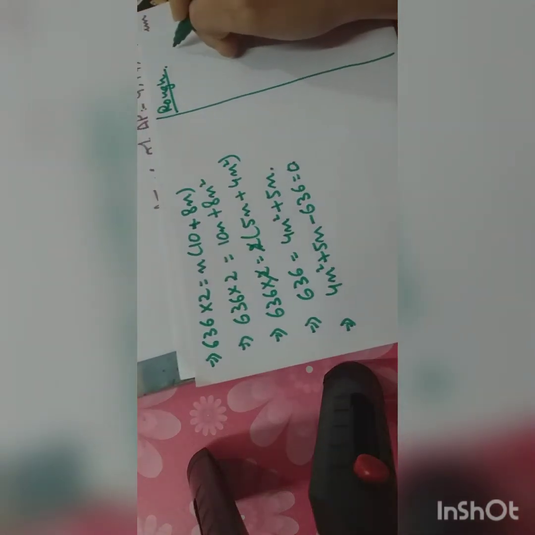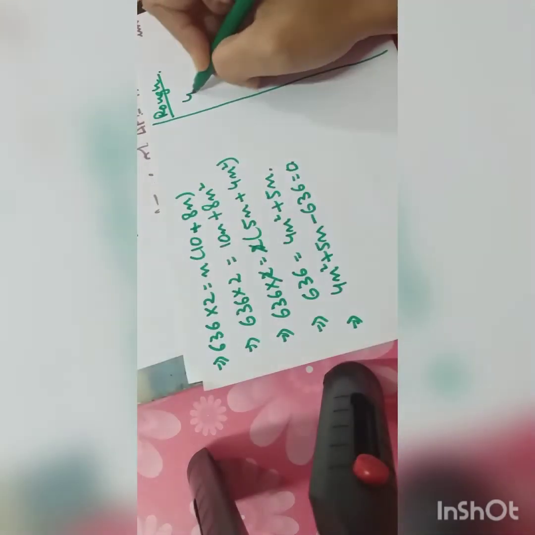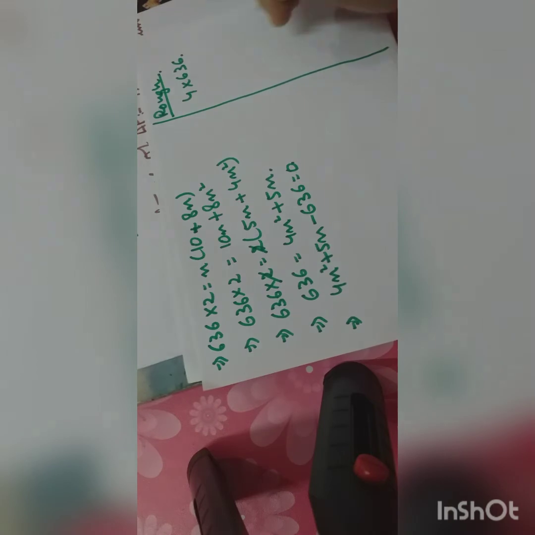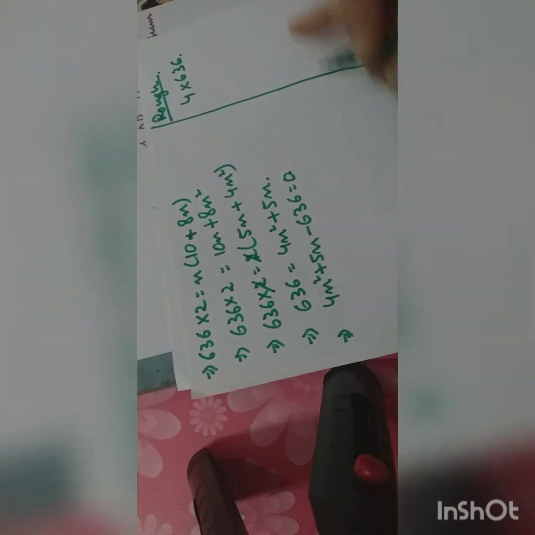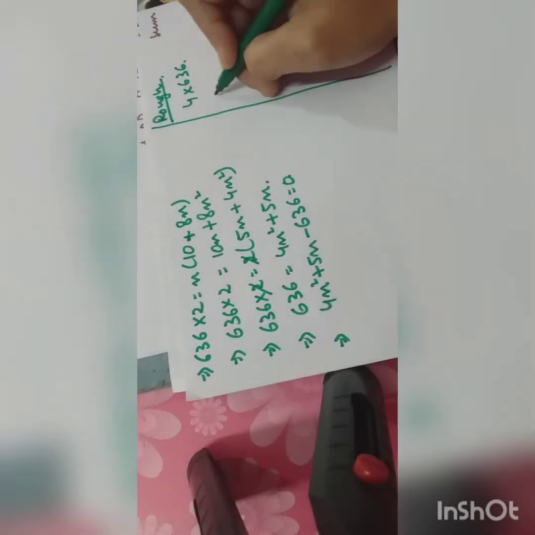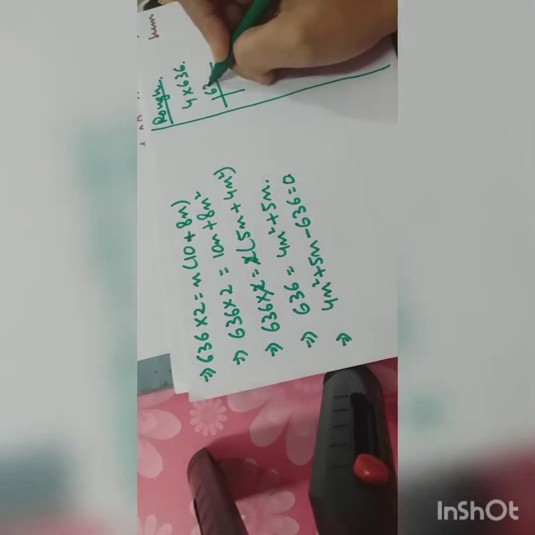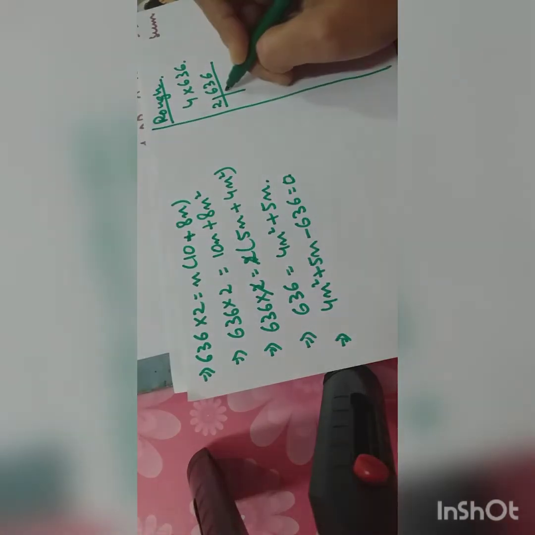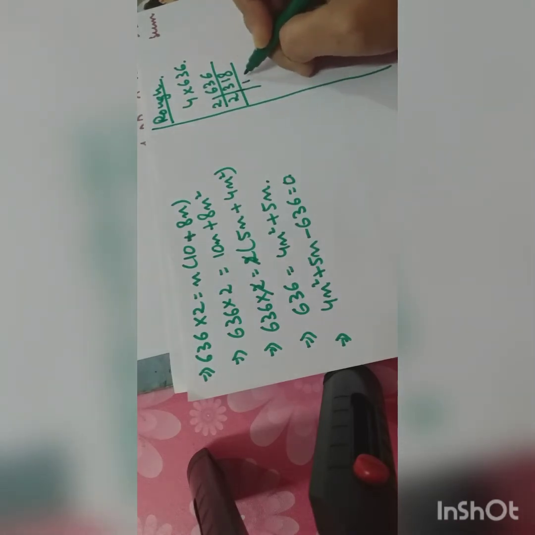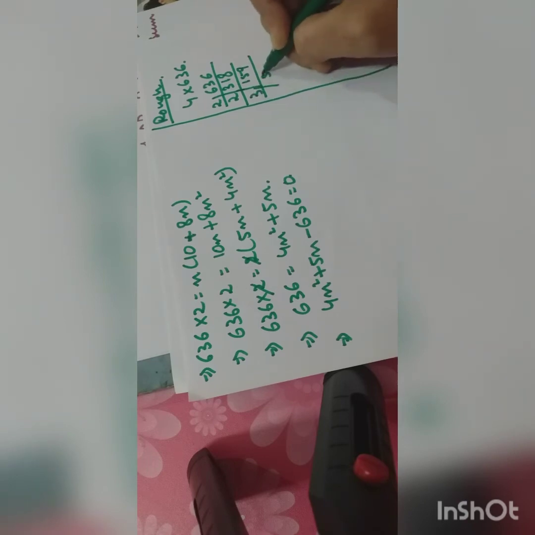I have to split this 4 into 636 in order to get plus 5 as the result, that is the middle term. So I am first factorizing this 636. 2 3s are 6, 2 1s are 2, 2 8s are 16, 2 1s are 2, 2 5s are 10, 2 9s are 18, 3 5s are 15, 3 3s are 9 and 53 1.